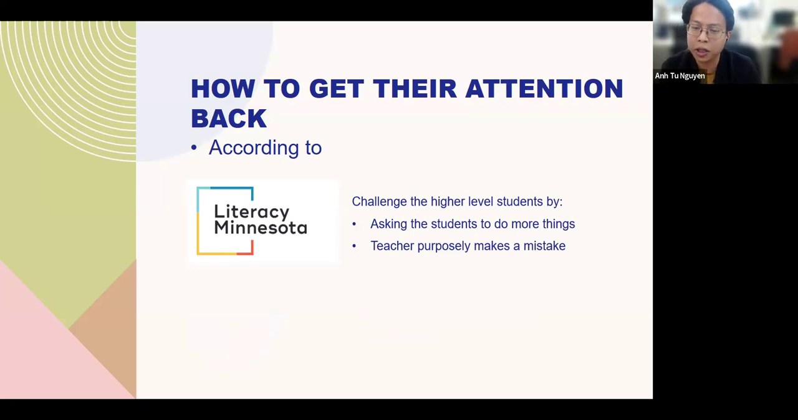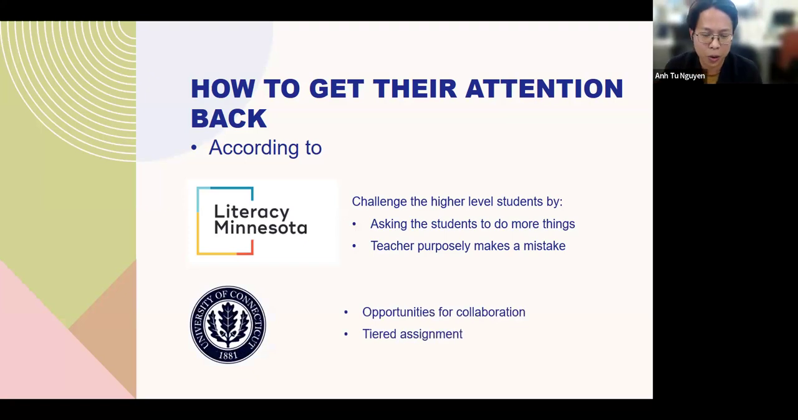And teachers purposely make mistakes. So teachers can say something wrong to see, do the students know that, oh, that is not good English, that they need to practice more to have better English. And one more thing about University of Connecticut,